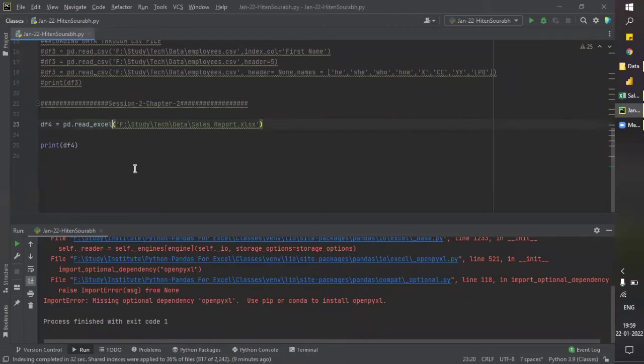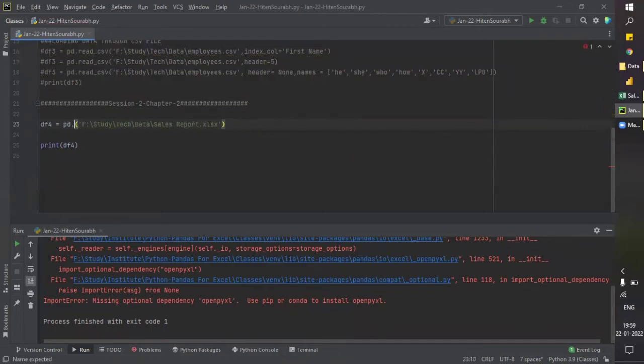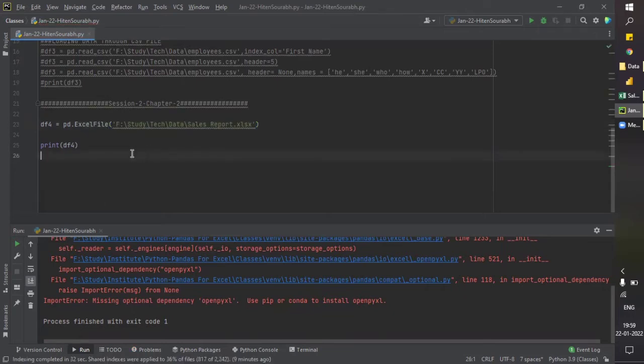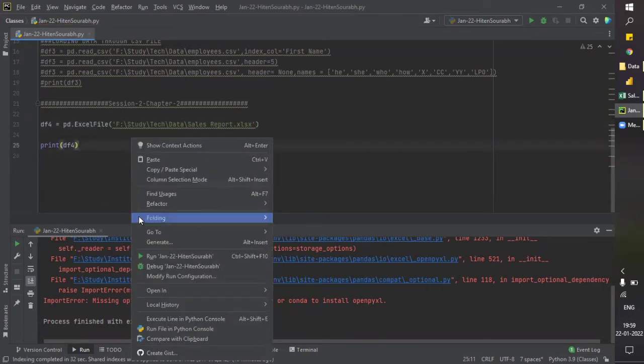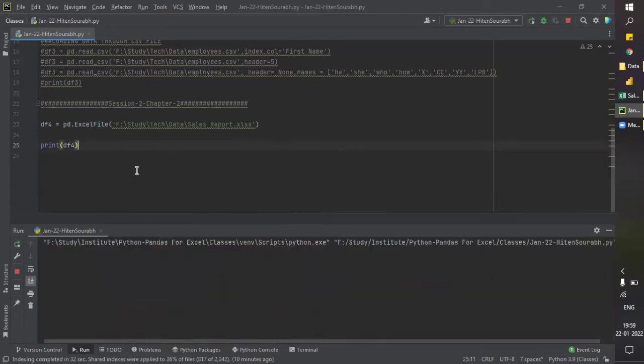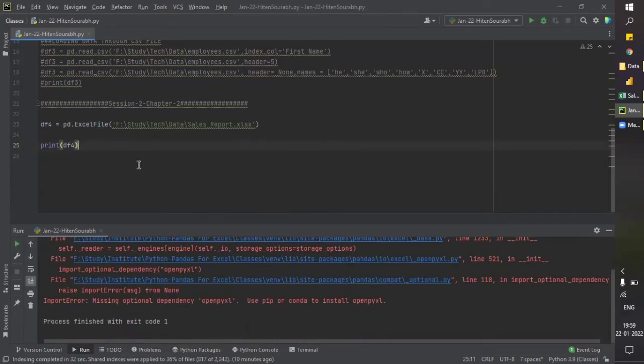There is an issue with this code. It won't be read_xls, it should be read_excel, you can see here, and let me run it once again. It's giving the same error.